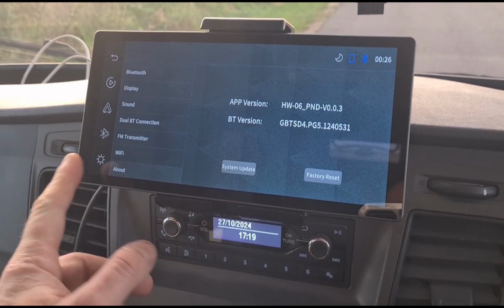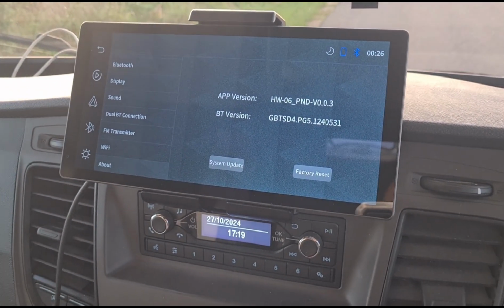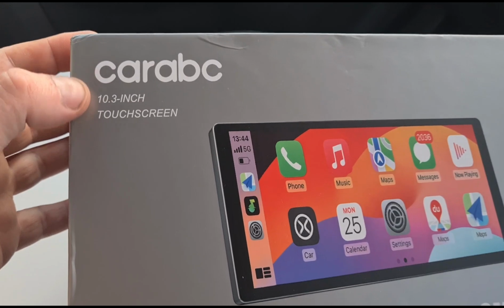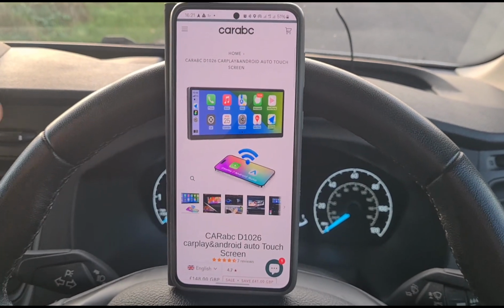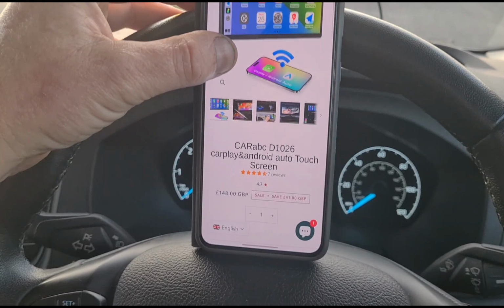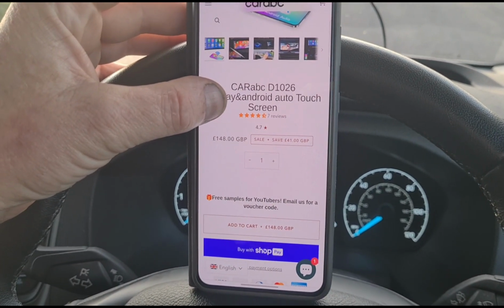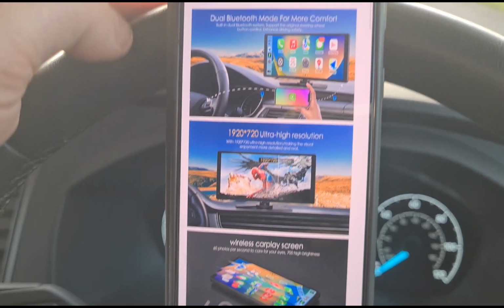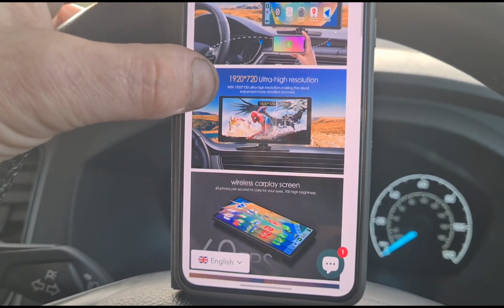So I'm just trying to go through the menu to see if I can find any more information regarding the specs of the actual unit here. On here we can see it's a 10.3 inch touchscreen. So here is the actual website that I'm looking at the moment. We're going to see if we can see some of the actual specs on here. I don't want to give you off my head stuff that I'm going to get incorrect. So here we can see the resolution of the screen, 1920 by 720,